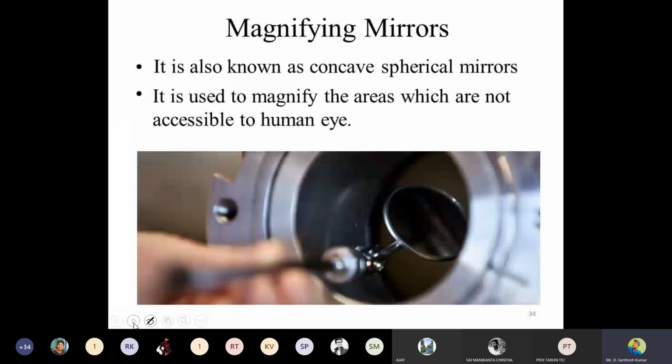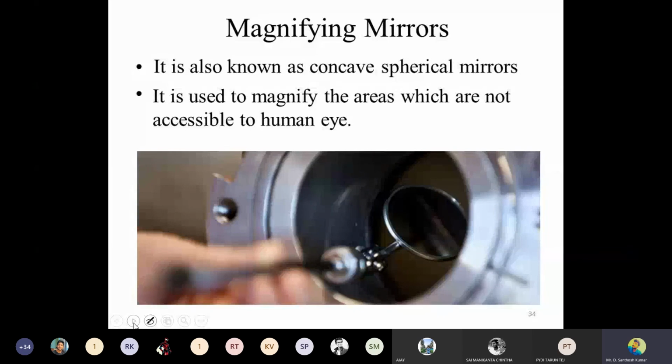Mirrors, everyone you are using that. So that's why we are going for some magnifying lens. So here it is like concave or spherical mirrors. We are using those mirrors and all the things. So why are you going for these mirrors? Mirror won't magnify, but we definitely have magnifying glasses. Magnifying glasses will magnify the object. So mirror is different, and magnifying glass is different.